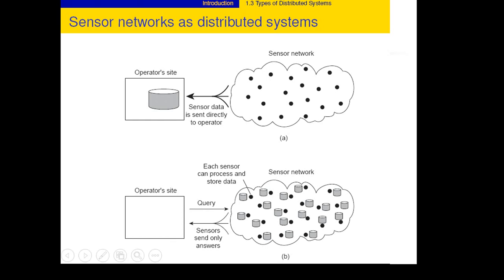But in Figure B, each sensor has its own storage. So each sensor can process the data and store the data in its own storage, and when a query is sent from the operator side to the sensor network, after that the sensor data can